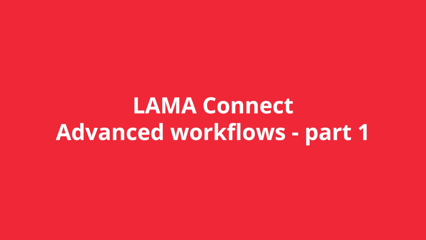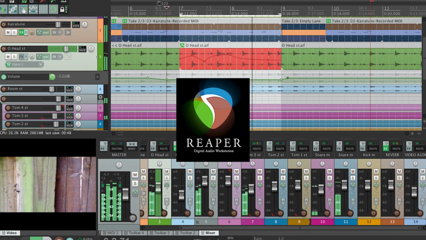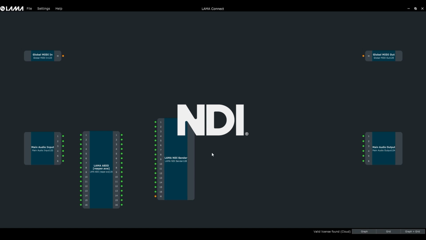In this video, I'm going to show you two useful workflows in LAMA Connect. Firstly, how to connect a Digital Audio Workstation or DAW, and secondly, how to send and receive multi-channel audio using